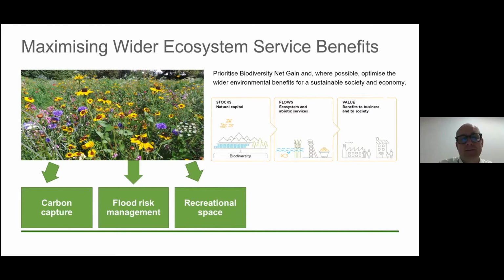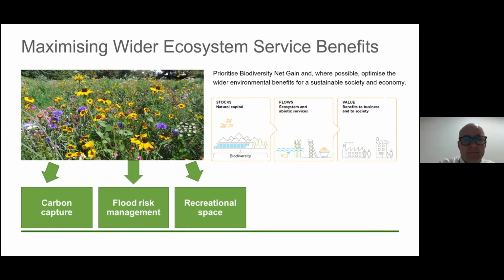It provides benefits in terms of all of our stocks of natural capital and underpins our natural assets: our water, our land, our air, our biodiversity. It all underpins that. And if we don't manage our biodiversity, then that directly affects our natural assets. So we've already got a lot of data, tools and evidence to understand what we currently have in Greater Manchester in terms of our natural capital assets and the benefits they provide, as well as their value, and can monitor these natural assets over time and where possible seek their improvement.